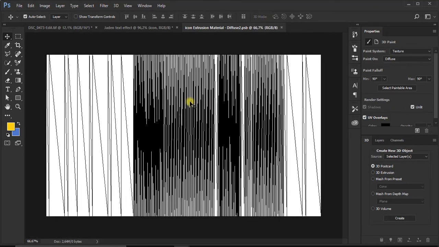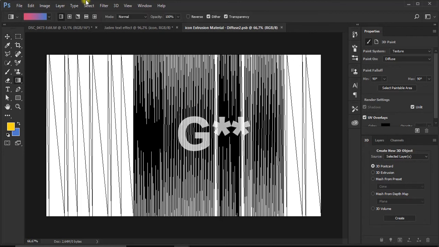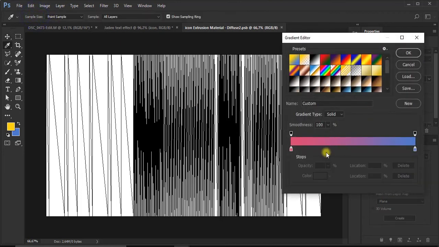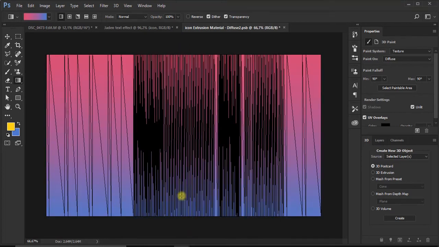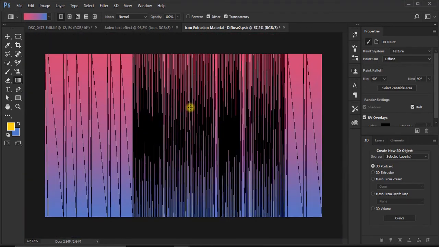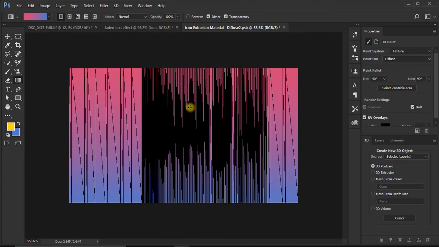Now select the gradient tool, clicking J. I already got this gradient created, but you can also play around with the colors. I'm gonna leave it like this. Hold shift and drag it all the way down, and you will get something like this. Okay, save it, Ctrl+S,